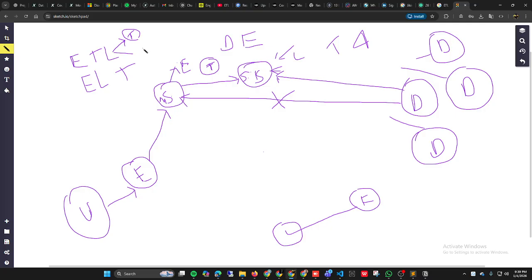So you are losing some amount of data that you are not able to get back. This is the drawback of it. But in ELT this does not happen, because no change happens. The main storage and the sub storage contain the same data. Okay, so I hope you understand